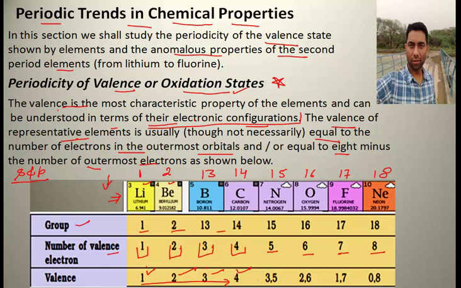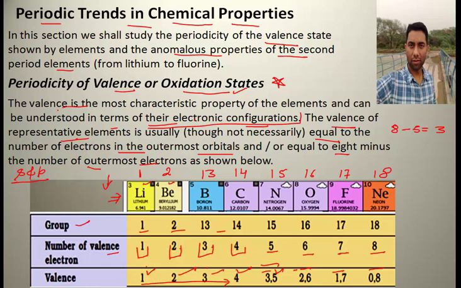Now 14th group onwards, there are 2 valencies, right? It depends on the ease with which the species can release electrons or gain electrons. So they tend to show 2 types of valencies depending on whether the combining atom is more electronegative or less electronegative than the species itself. For example, nitrogen can show a +5 oxidation state, or its valence can be regarded as 5, or it may show 3. 3 will be 8 minus 5, right? So that will be 3.